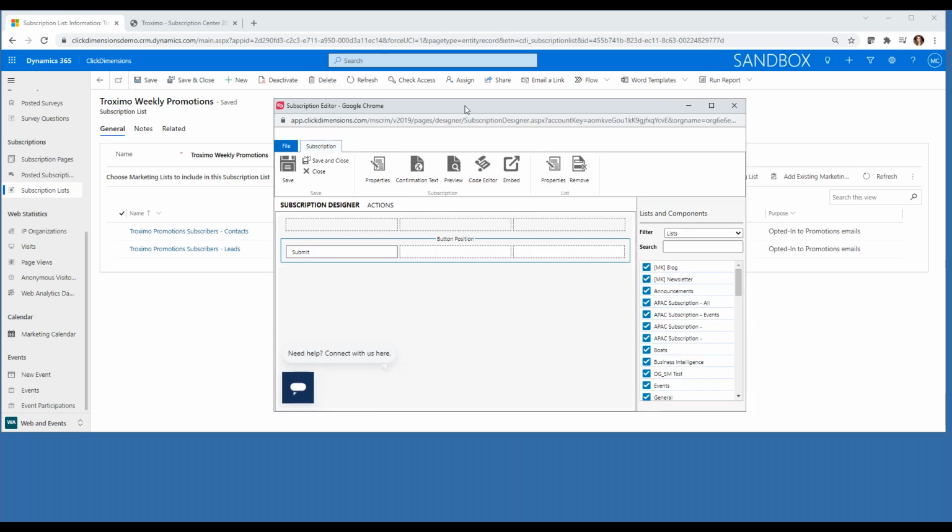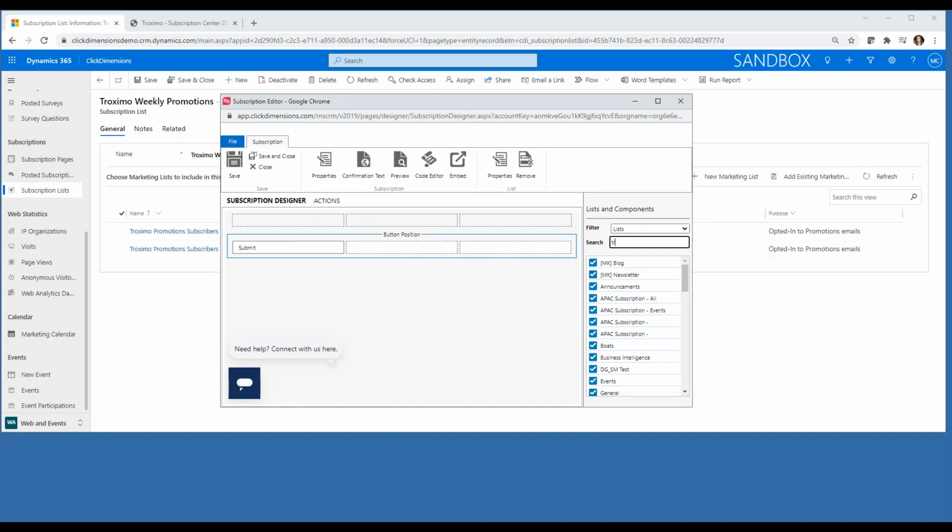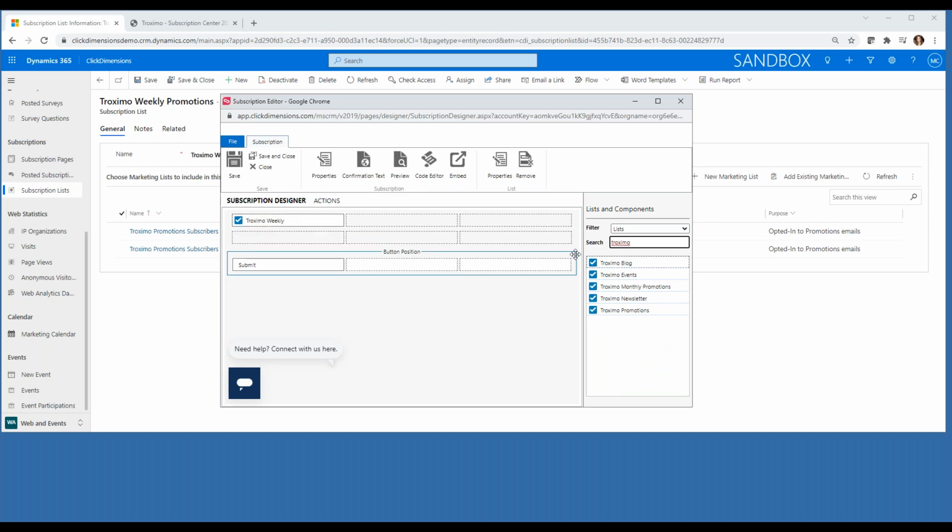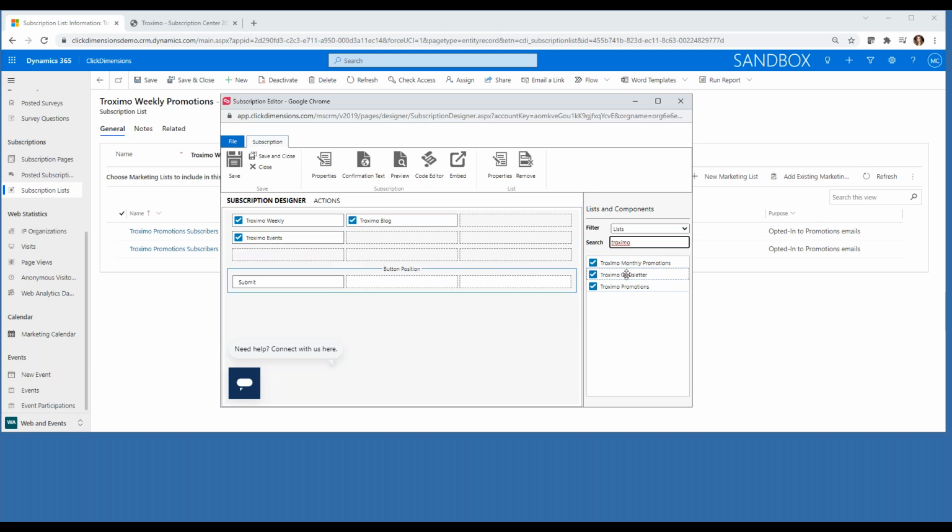And there we go. All right, so now I'm going to search for that list. And I see it, so I'm going to drag it over to the page, and then I'm going to drag over 3 more subscription lists that I've previously set up. So with our lists added to the page, we can now add some other elements. On the right sidebar, I'm going to switch it from list to components, and I'll add some to our page